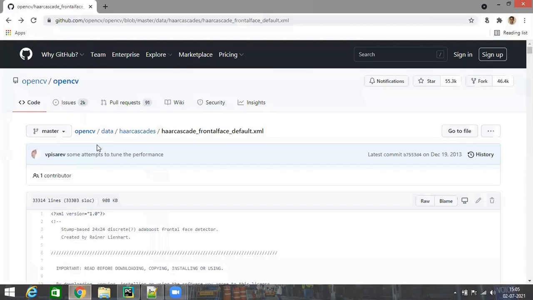Let's go over there. So this is the Haar cascade classifier repository. Here you can find the cascade classifier for different sorts of objects, almost all sorts of objects. For right now, we are interested in getting the Haar cascade file for face detection, so that we can get the features of a face, and then we are able to detect the faces in a given image or a video frame. I'll drop the link to this GitHub repository in the description box below.